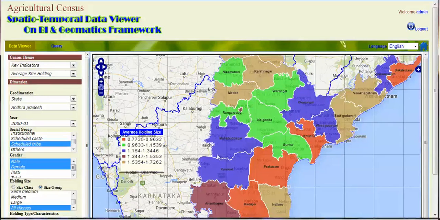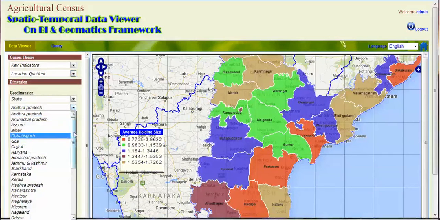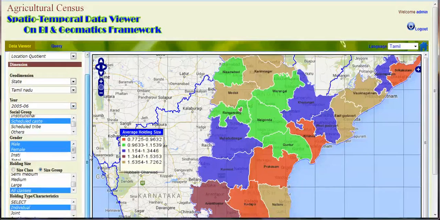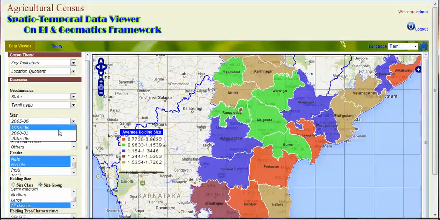So far we have seen a single map. The same thing you can do for comparisons with time and geodimensions. See, for instance, I am going for the key indicator again, the location quotient, and taking Tamil Nadu. Location quotient of scheduled caste holdings in 2005-6. So I am taking 2005-6,